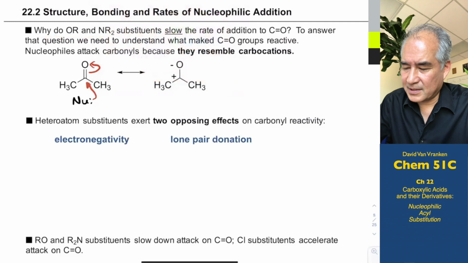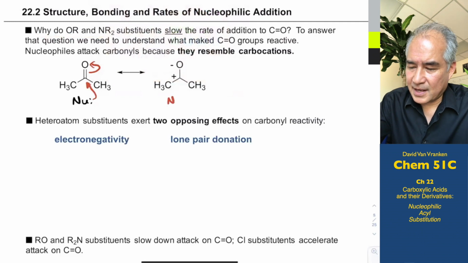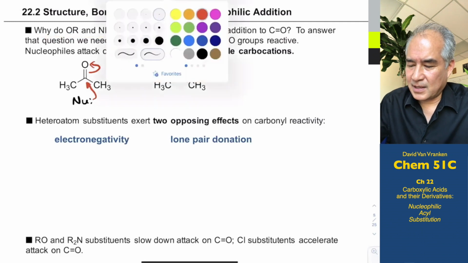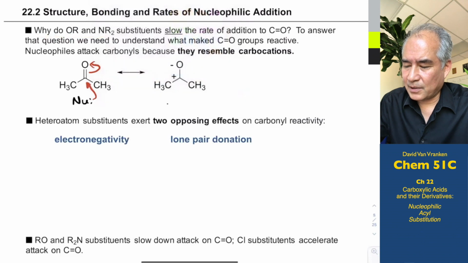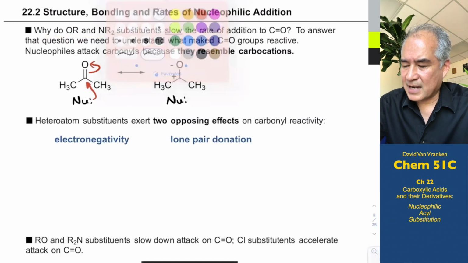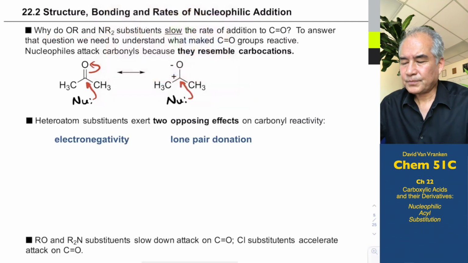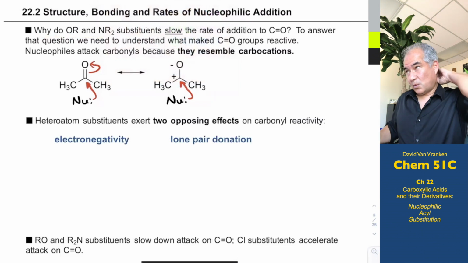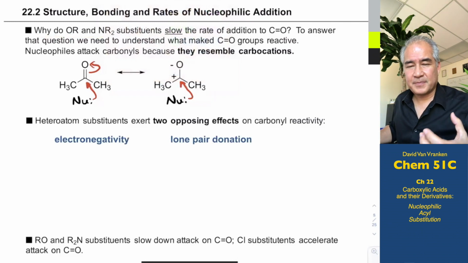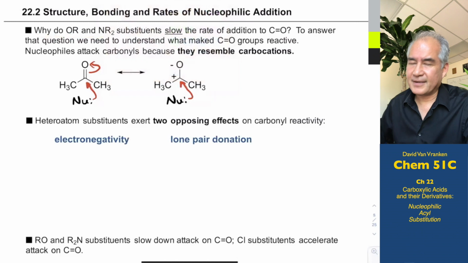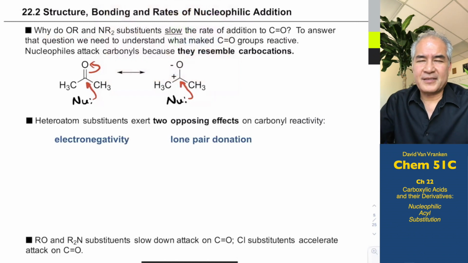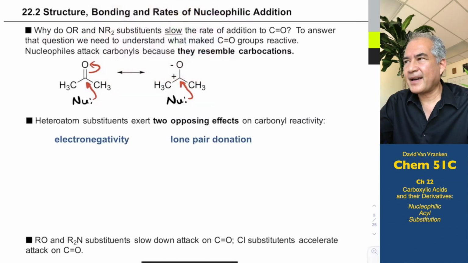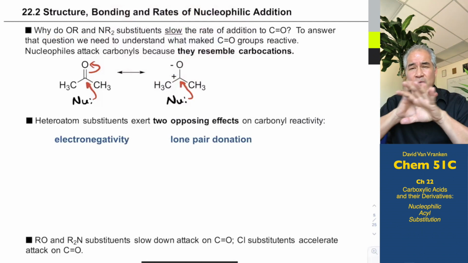And I can use this other resonance depiction and draw exactly the same conclusion. It doesn't matter which of these resonance structures I draw, my conclusion would be that I want to add to that carbonyl carbon. Okay, so you want to add to carbonyl carbons because it acts like a carbocation. Now if we're able to think of carbonyl groups kind of like carbocations, now we can think about two completely different and opposing effects